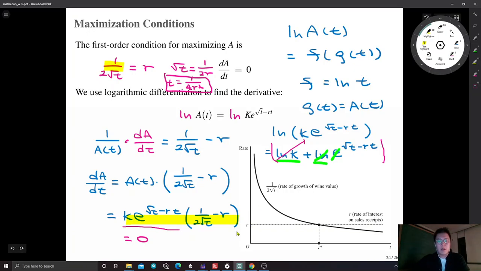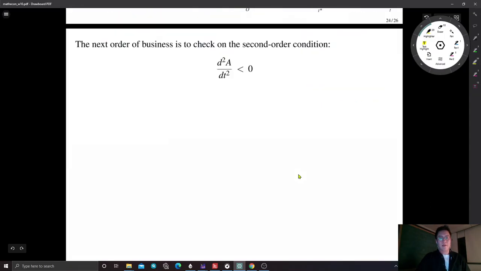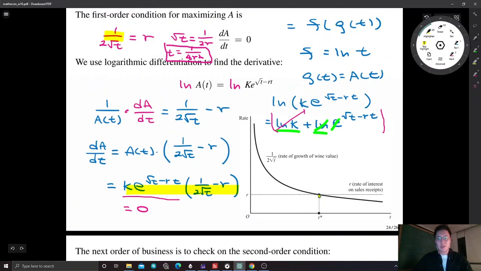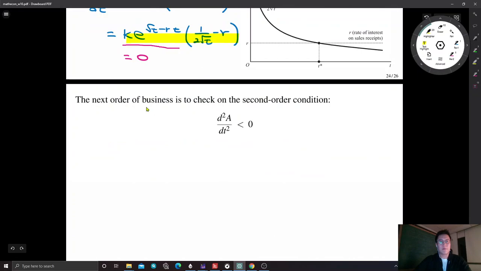So interpreting r as an opportunity cost, and interpreting this growth rate as a benefit, as a marginal value of waiting, marginal benefit from waiting. The optimal timing is determined at this point where the marginal benefit from waiting is equal to the opportunity cost. So the critical point is where marginal benefit is equal to marginal cost. The coordinate of the point is 1 over 4 r squared. But this is not the end of the story, because now